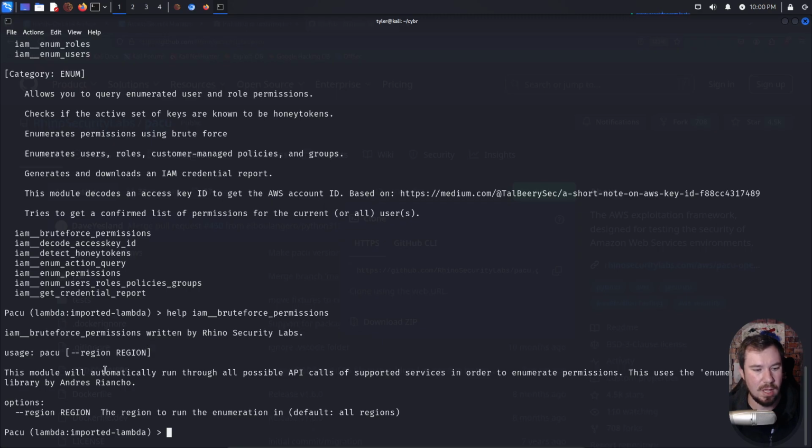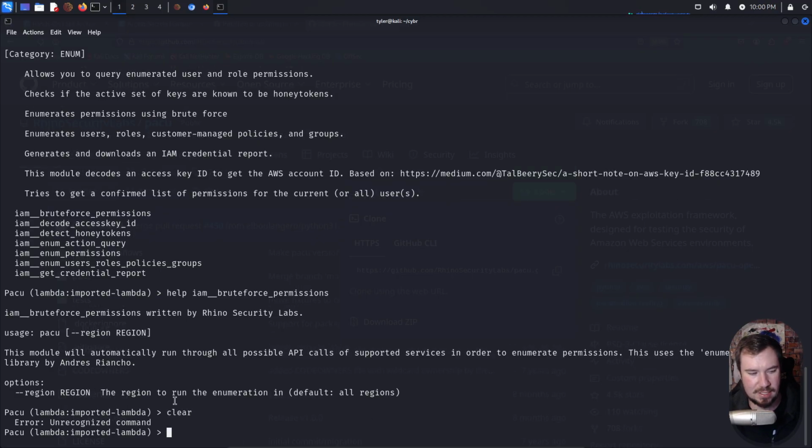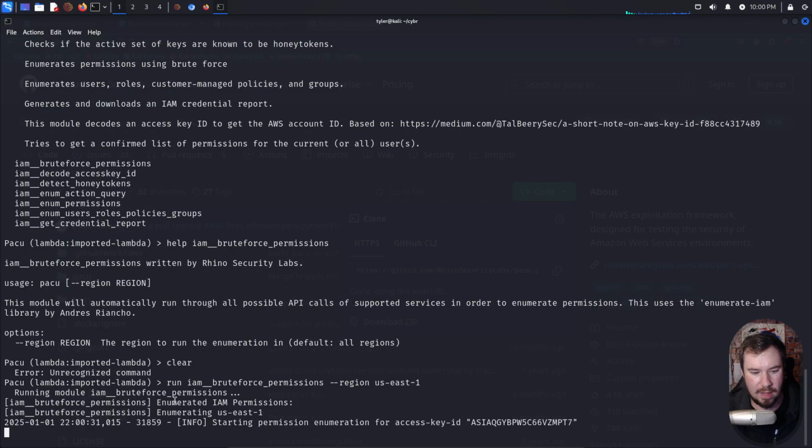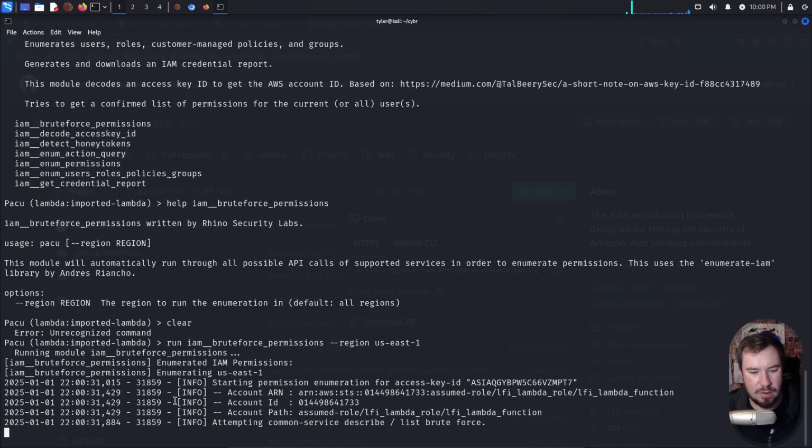It says this module will automatically run through all possible API calls and supported services in order to enumerate permissions. This uses the Enumerate IAM library by Andres Riancho, and it accepts a region. So let me go ahead and clear. Actually, apparently that doesn't work in Pacu. Maybe that'll be something I add. But we can do run IAM brute force permissions, and we can pass it our region of US East 1, like so. And now it's going to go through and do all these different API calls and figure out, hey,